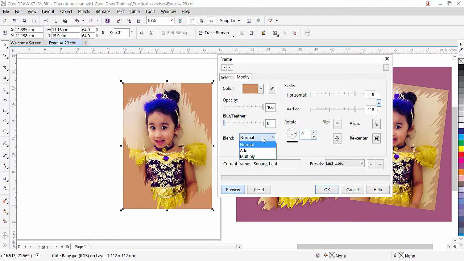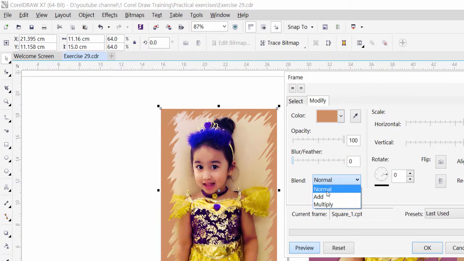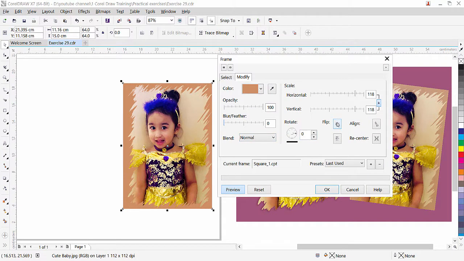Under this we have a blend option. You can see normal, add and multiply. If I click on multiply, you can see that the color here is multiplied and it shows up. But if I want I can make it normal here, so it will only remain inside the effect. Now it doesn't appear in our color. And here you can see the flip align, look at this, it will go opposite. Or if you just flip it vertically, the effect will be flipped. For now I will leave that setting as it is and click OK.